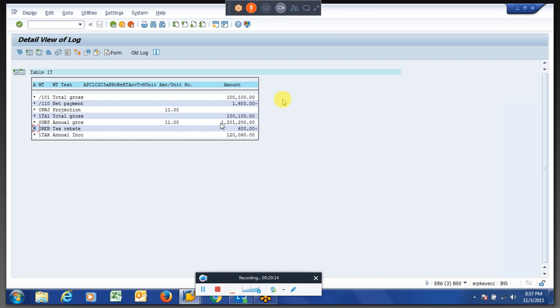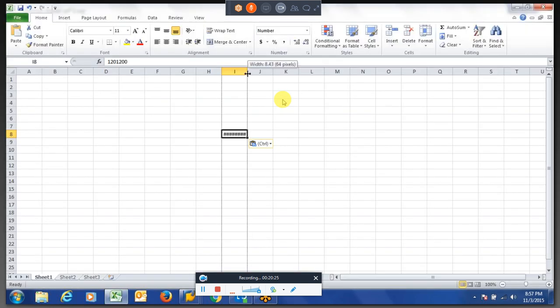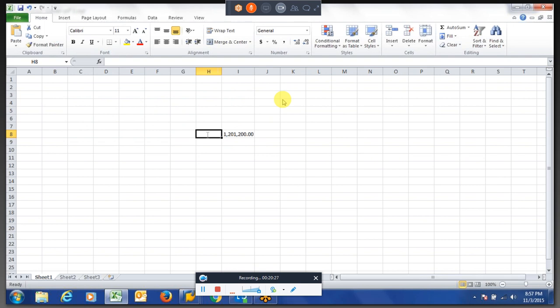So now what happened, this is the annual gross. With this wage type, and B consists of minus 600 total contributions.